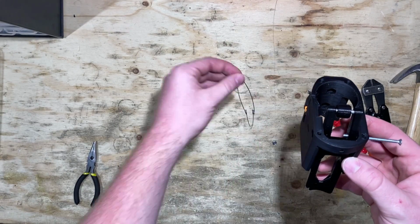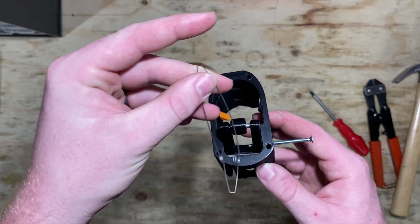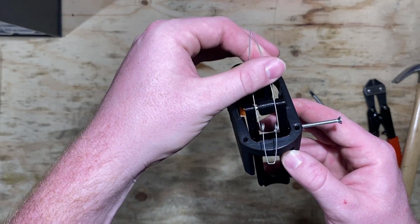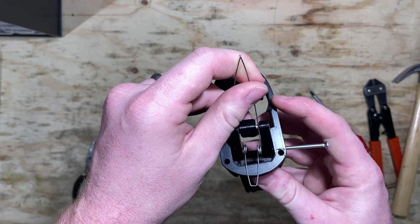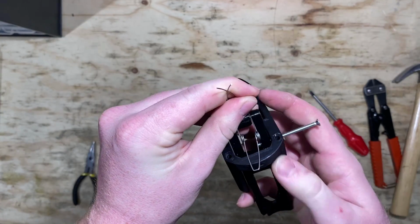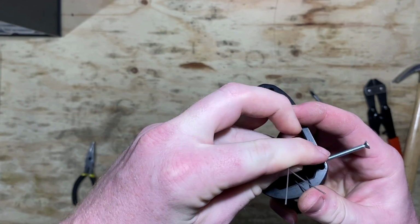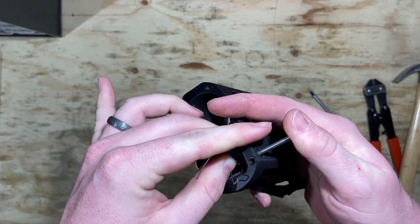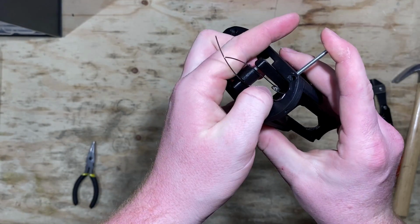And we are going to take our spring and we have to fold it in there and get it around the bolt. So, like I said, a little tricky. But what we're going to do is nestle these prongs of the spring on the pin there. And we're going to kind of pinch it and push it down and try and get one of the loops around the bolt. There we go, we got one. As you can see,